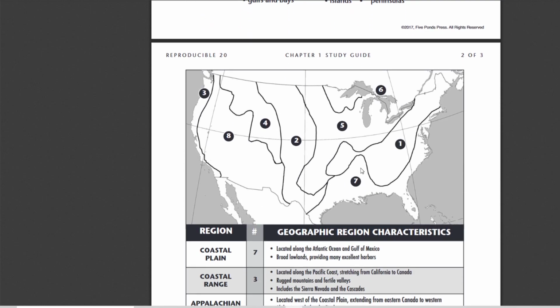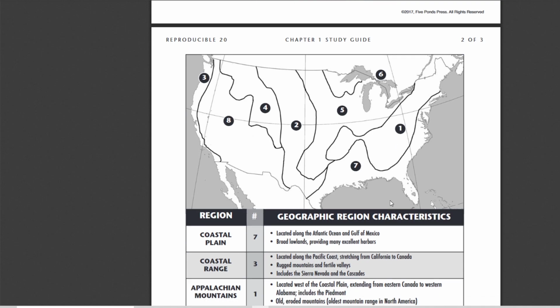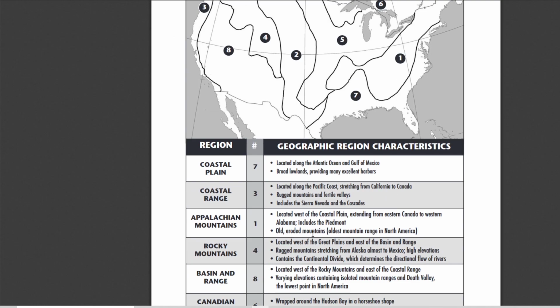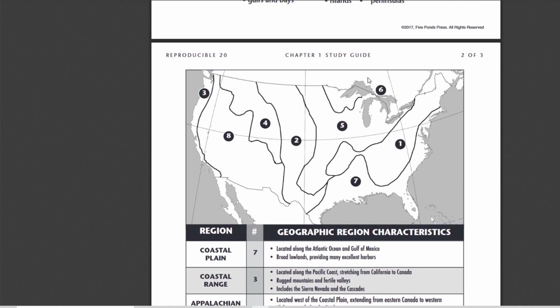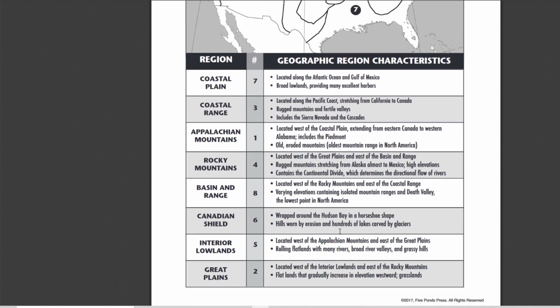Then we get to our regions. We have the coastal plain, and many excellent harbors is the key there. Then we have the Appalachian Mountains that are old eroded mountains, the oldest mountain range in North America. The interior lowlands right here have many rivers, broad river valleys, grassy hills. Then we have the Canadian Shield. You can see it's wrapped around the Hudson Bay in a horseshoe shape, hills worn by erosion, and hundreds of